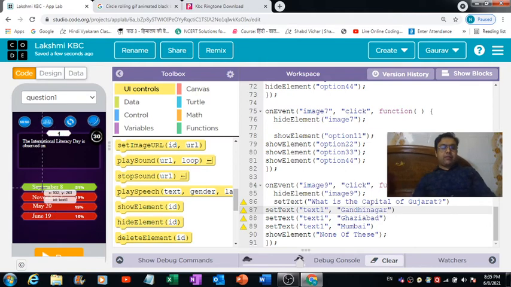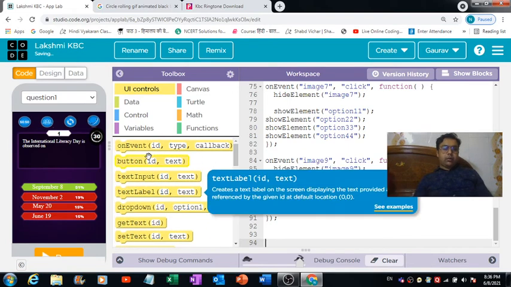So we need to replace this first one with the correct option, because this green box is only for this first option. It is not available to us for the remaining three options. If you want to code it in a way that you can have the red as well as green boxes for all these choices, definitely you can do that also. So it totally depends upon how you code the app. But coding depends upon how you plan it, and planning depends upon how you have visualized the app.